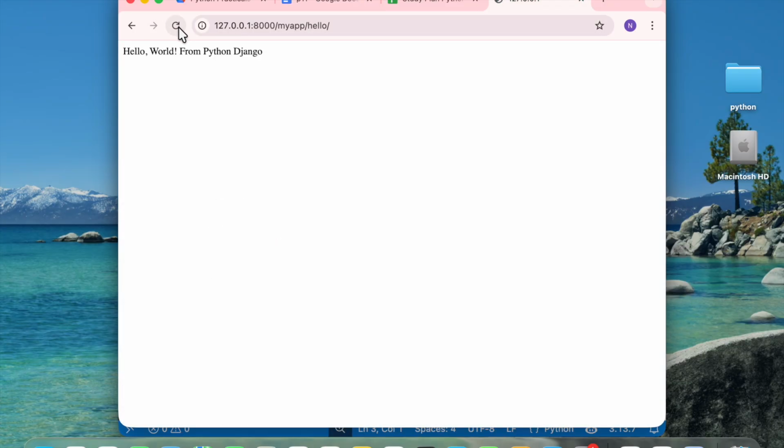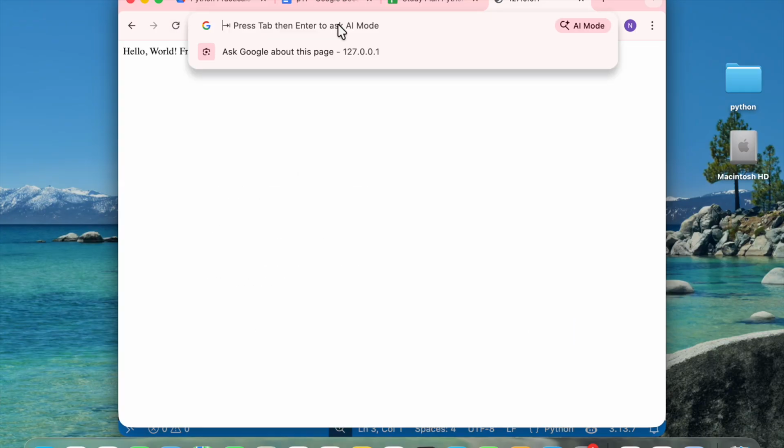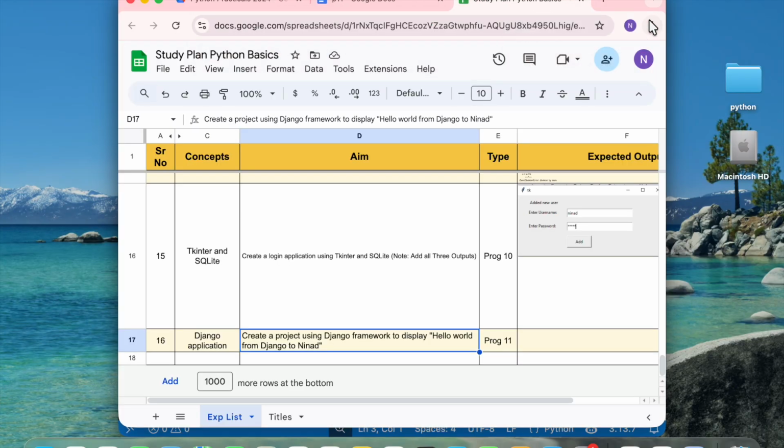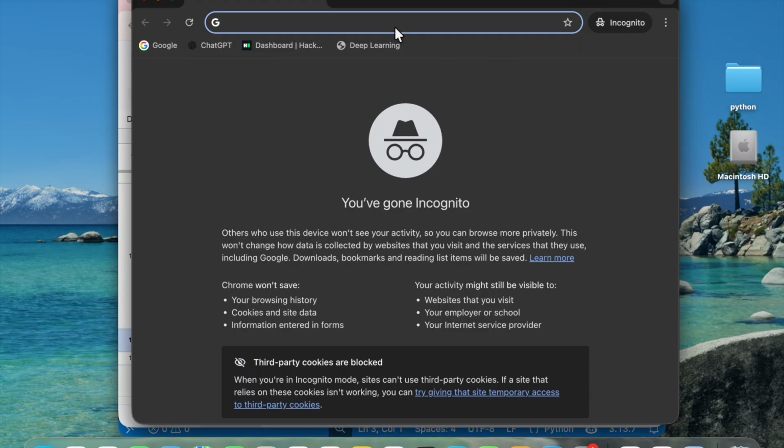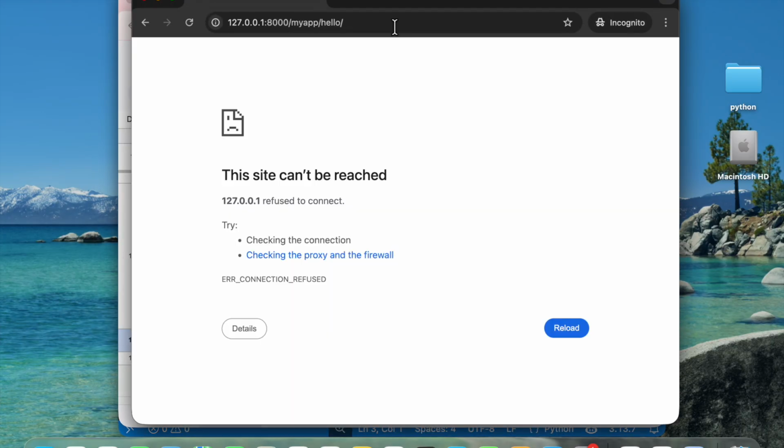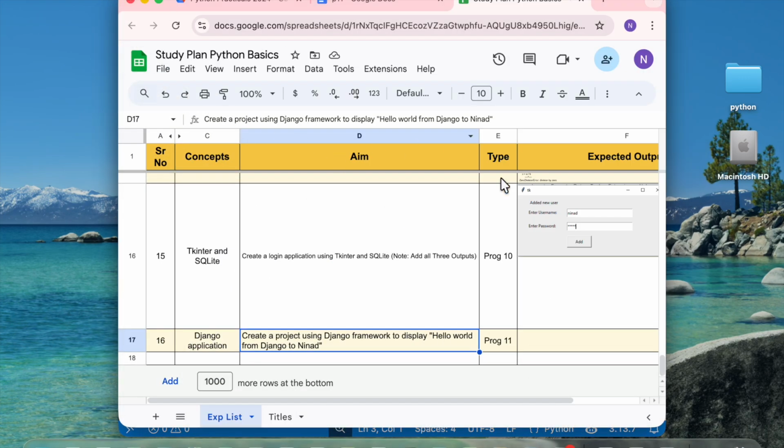Okay, I guess it keeps the cache memory. I don't know if it keeps it in the cache memory. Maybe a private window, incognito. Yeah. Okay, in the incognito mode it does not show up. All right, so all right, let's